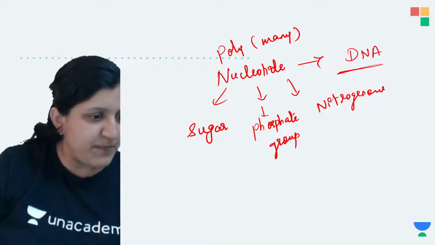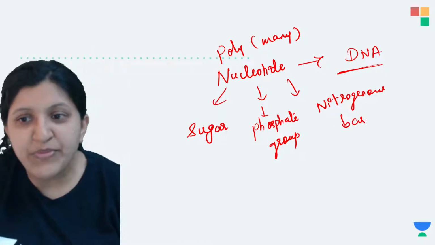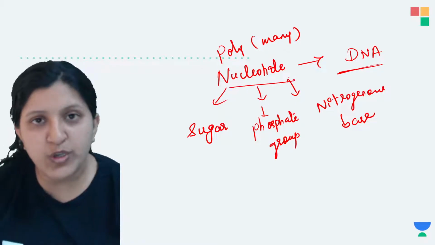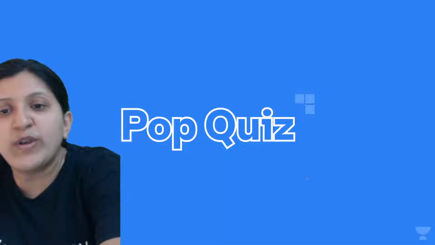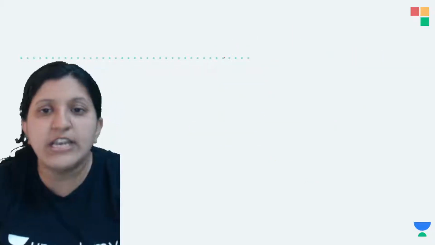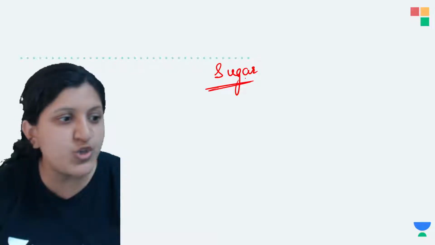So all of these three together are called a nucleotide. Let's see what exactly this structure is, I mean what exactly is this particular sugar that we are talking about. In case of DNA the sugar is